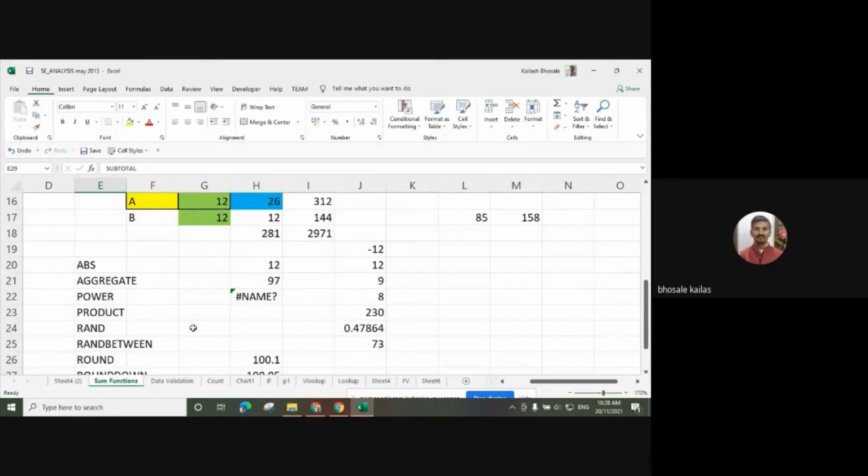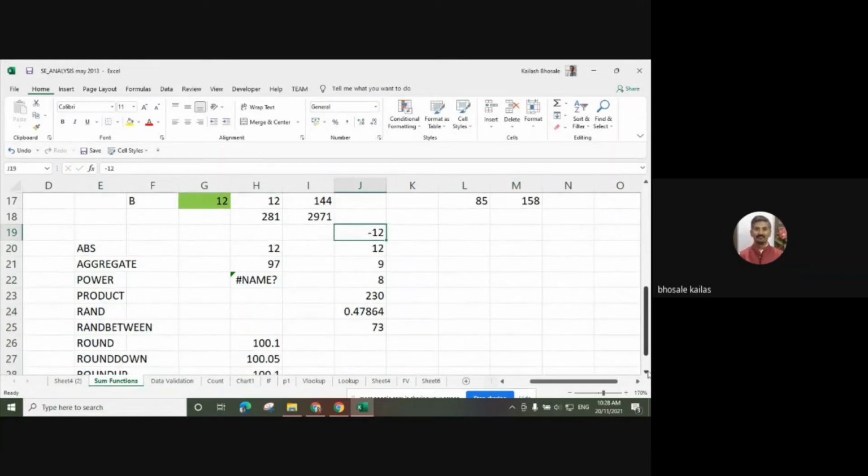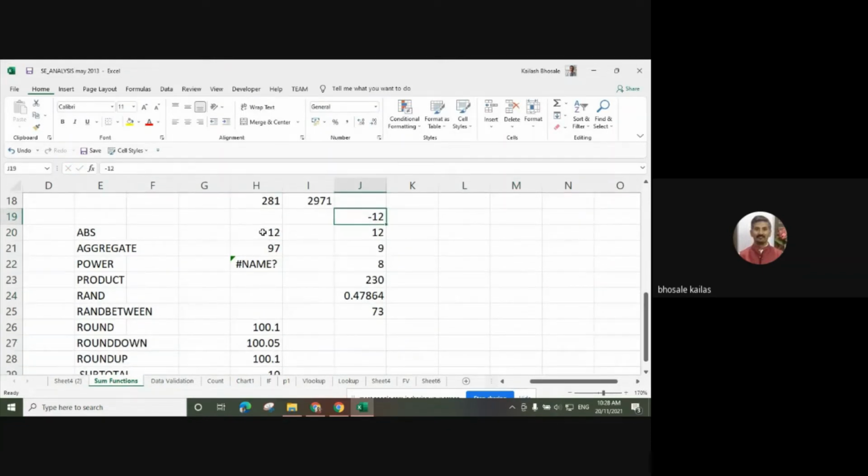Suppose that we want to find out the absolute value. So what is the absolute value of this one? Suppose that we have the value minus 12. I want to find out the absolute value of this one. So there is the formula ABS. What is the use of this one?